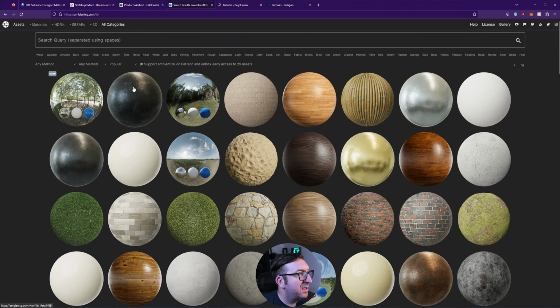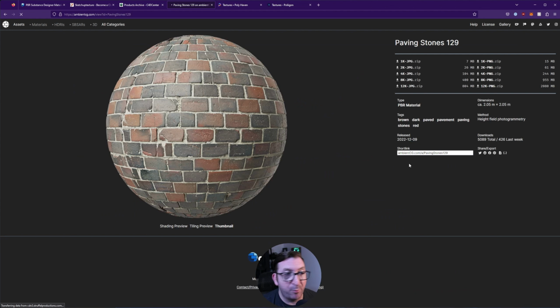Next up, we have Ambient CG, which once again, similar to what we've been seeing, has a lot of textures available. These have a lot of nice categories here, as well as the ability to search, which I think is very helpful, especially when you're trying to find a specific pattern or material. So just clicking on a random one to see what we end up with here. And because I do think that's important to get a sense of what you can expect with these, whether it's a single texture, whether it's a substance, whether it's individual maps, different resolutions they offer, all of that stuff,